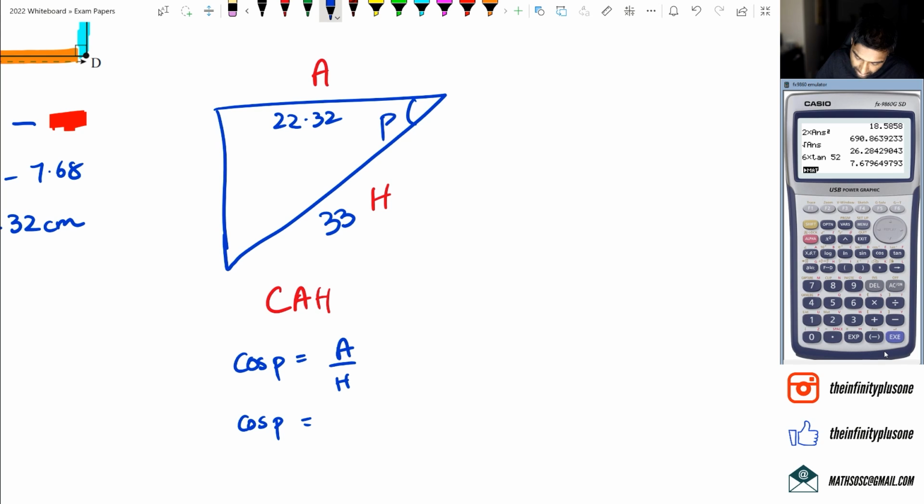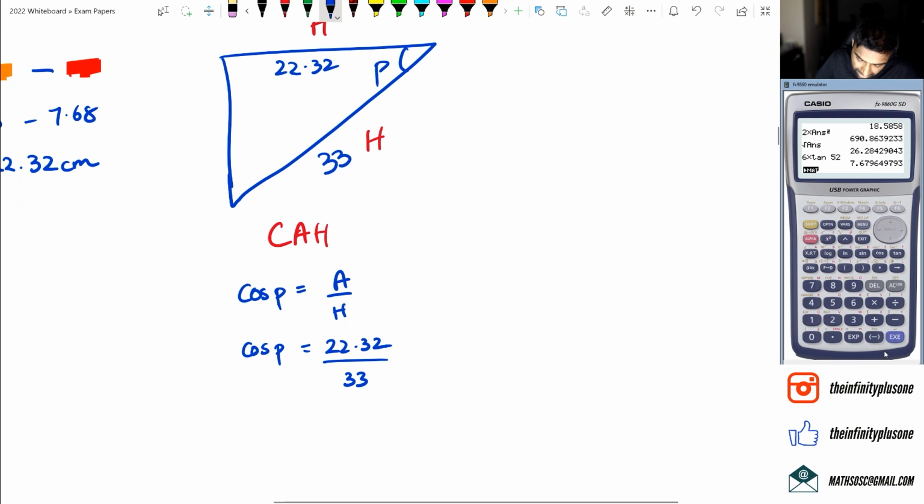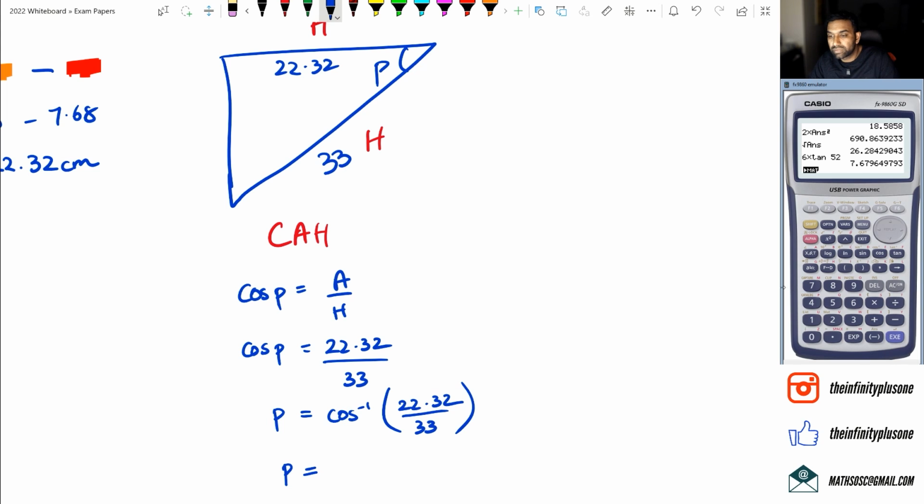Cos of P is equal to 22.32 divided by 33, which means P can be written as inverse cos of 22.32 divided by 33. So now I can figure out my P. So shift cos of 22.32 divided by 33, and that's going to give me an angle of